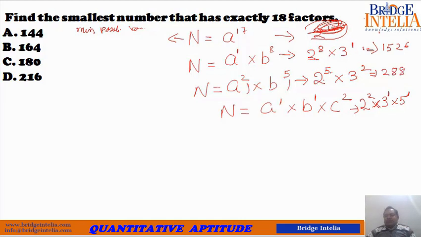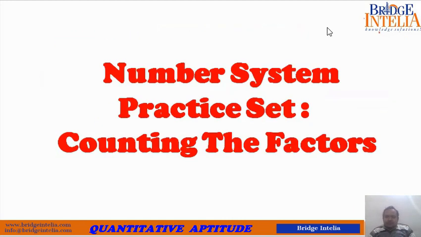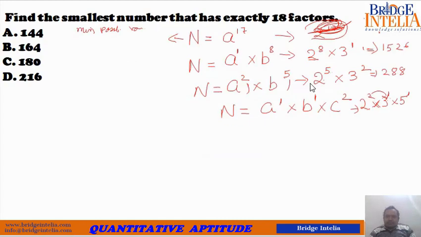What about this? 2 square, 4, 4 into 3. So 4 into 3, 12, 12 into 4. So I think this was corresponding to 18. So 18 can be written as 2 into 3 into 3. So by mistake we have taken 2 into 2 into 3. So that is wrong. So I am correcting this format.